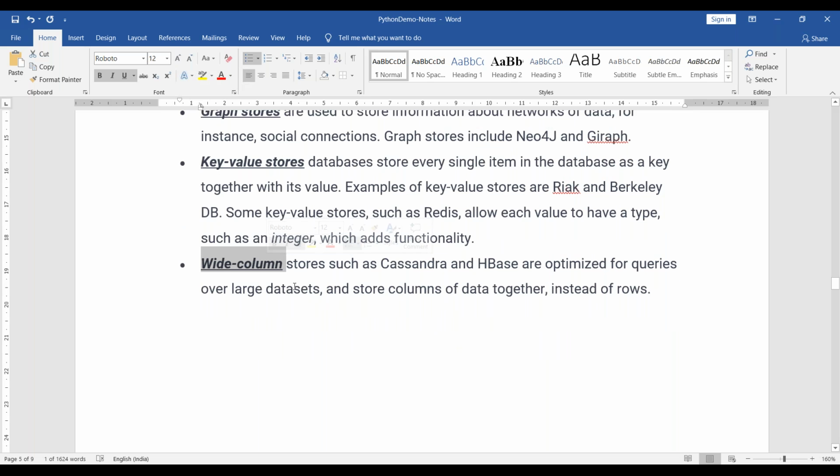Okay, and wide column stores such as Cassandra and HBase are optimized for queries over large data results, and store columns of data together instead of rows. So in the RDBMS, we're going